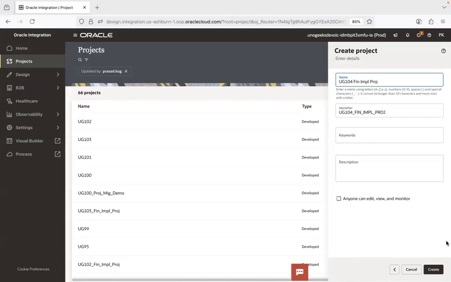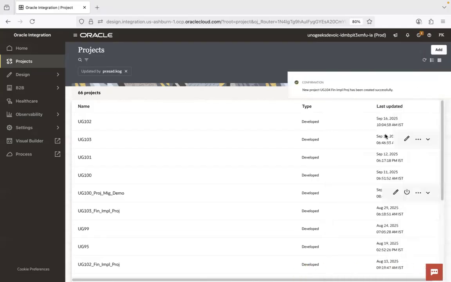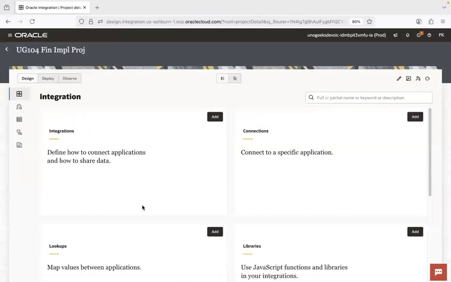So if I'm creating this project as a finance implementation project, UG104, as soon as we create a project, it opens up. And whatever you could do in an integration design screen, you can do it in the project as well. So whatever options you see in design screen,